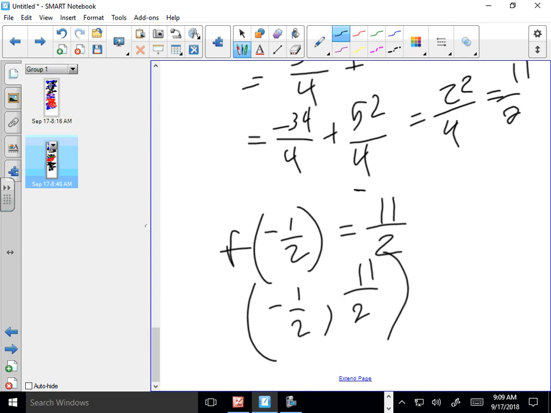This is called synthetic substitution. I would ask you to put a star in your notes next to this, because on the test, I'm going to ask you to find f of negative 1/2, and I won't count it if you do it the Algebra 1 way, because I'm going to specify that you use synthetic substitution. Use synthetic substitution to find f of negative 1/2 means just do synthetic division with negative 1/2, and